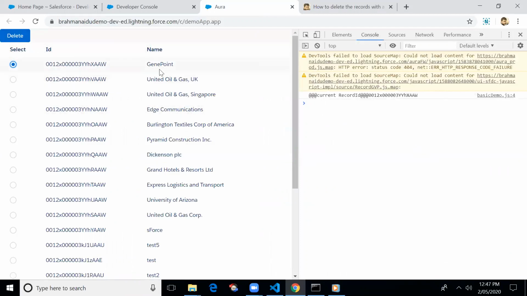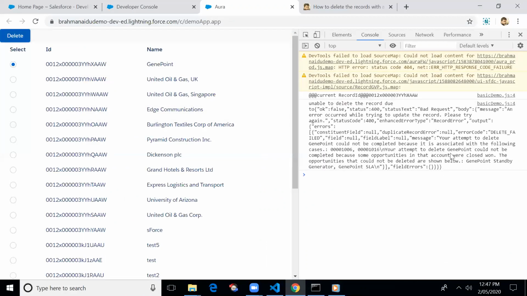This is a standard record, so we might not be able to delete it because it might be associated with different cases. Let me click on delete. We get an error message from Salesforce: the record could not be deleted because it is associated with some records. So it is entering into the catch block, and we are able to see the error message.